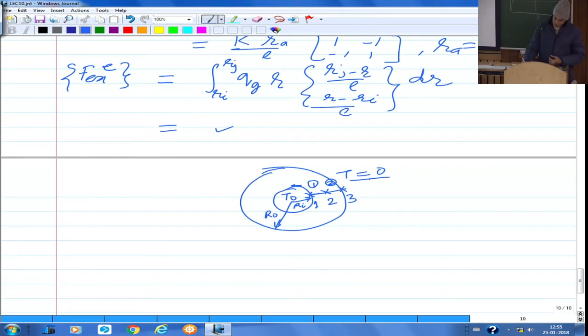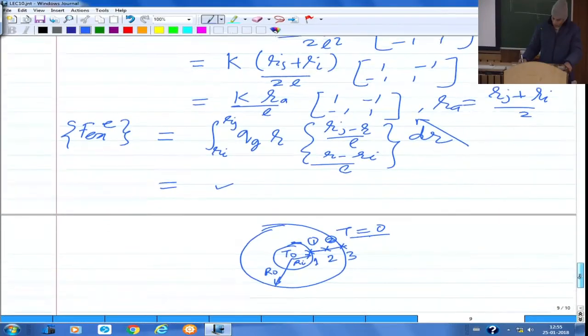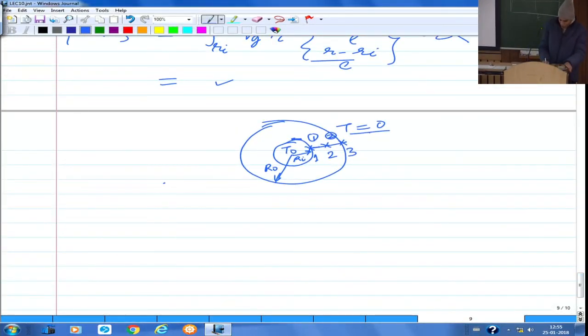As you have seen, for the first element, accordingly you can calculate the average radius, and you get the stiffness matrix, this basically coefficient matrix. Similarly for the second element the average radius would be different, and therefore its stiffness matrix is going to be different, but the overall steps are going to be the same. So that is when you get the